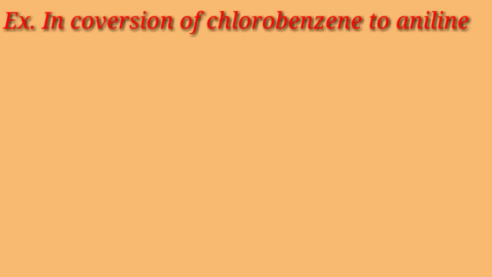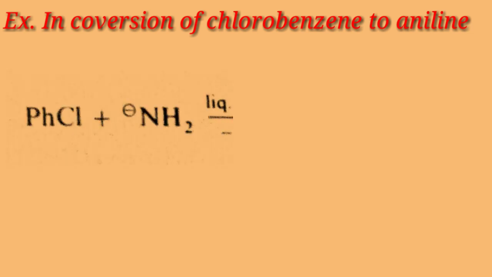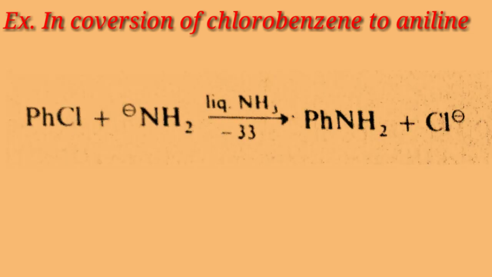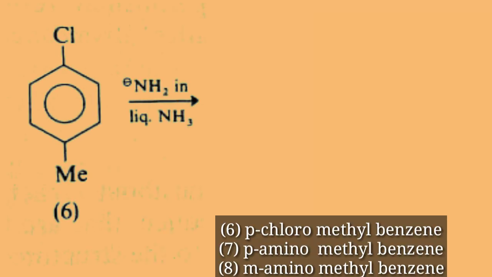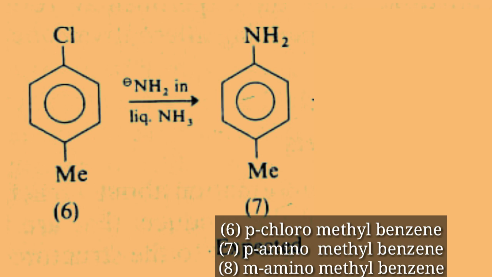Now we shall understand the importance of product analysis by considering another example. We know that chlorobenzene is readily converted into aniline in presence of sodamide in liquid NH3 at -33 degrees Celsius. But when para-chloromethylbenzene undergoes the same reaction, it not only gives the expected product, that is para-aminomethylbenzene, but it also gives the unexpected product, that is